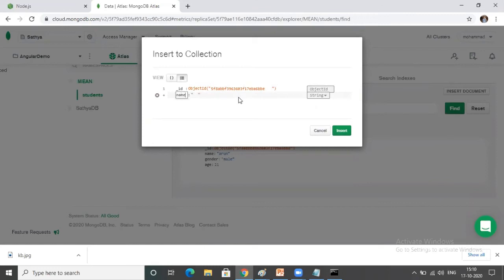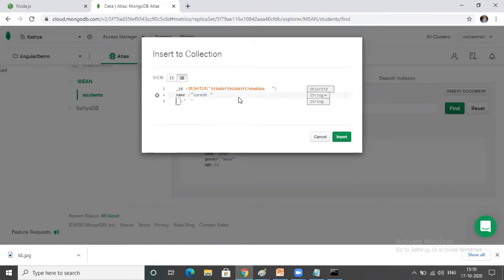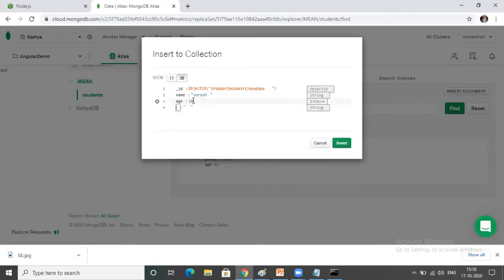Document is nothing but a record, okay? Collection is nothing but a table. In a database, the data will be stored in the form of tables, where you can choose the data type actually. Schema: in MongoDB, one more flexibility is there. What is the flexibility? It is a NoSQL database and the schema of the documents may not be the same.